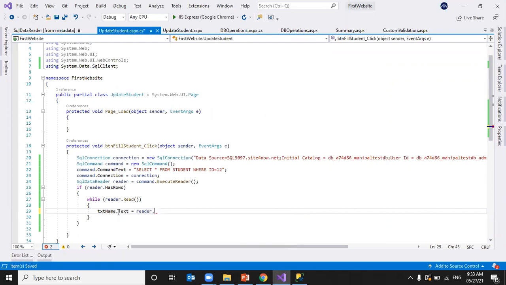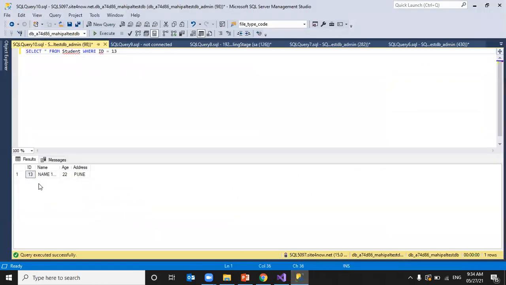Like txt name dot text equal to, the reader will contain a data row. The read method advances the reader to the next record, this record. Now I want to read the name, age, address.